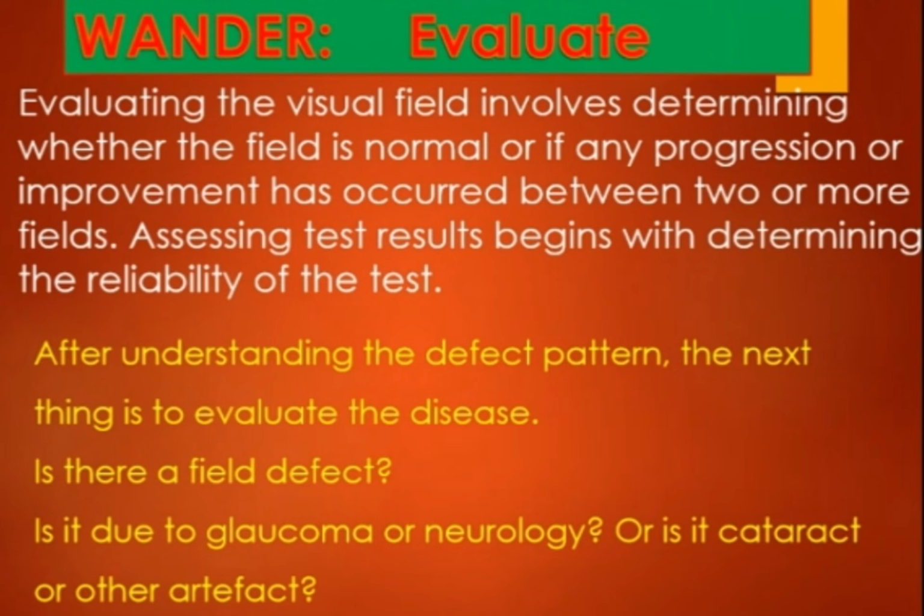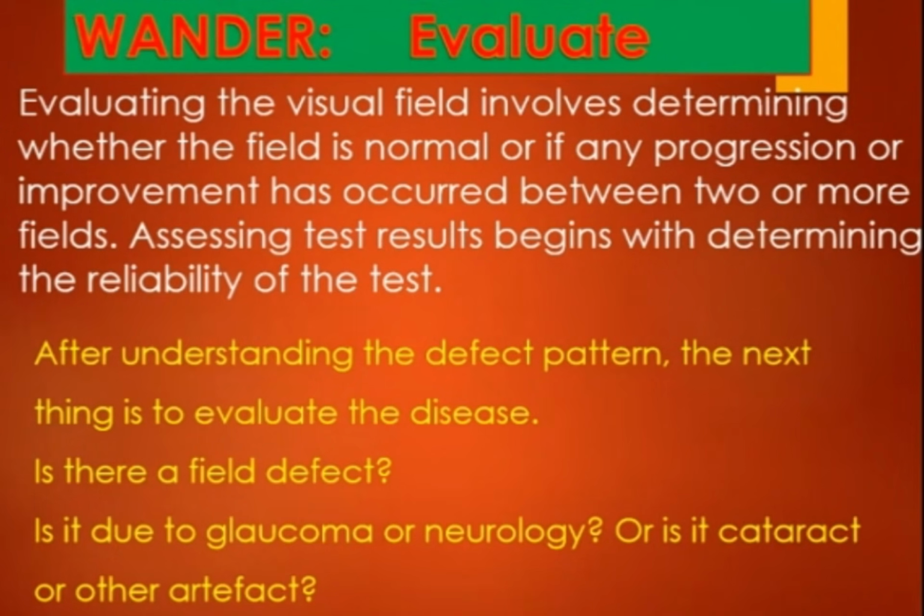Evaluating the visual field results involves determining whether the field is normal or if any progression or improvement has occurred between two or more fields. So assessing test results begins with determining the reliability of the test. We've talked about the reliability earlier. So after understanding the defect pattern, noting if it is a paracentral scotoma or altitudinal defect,